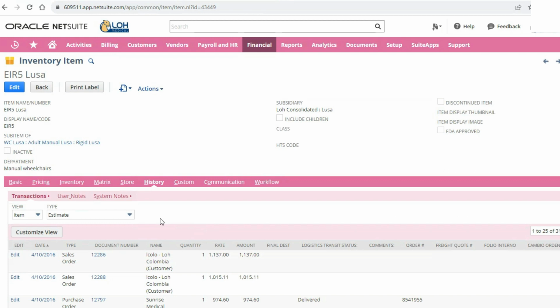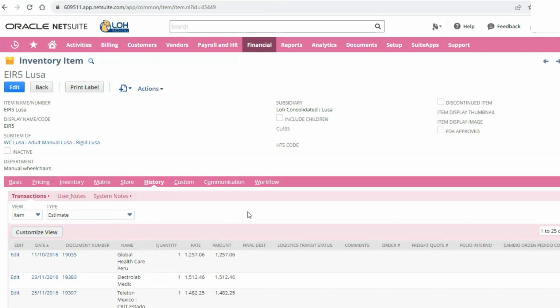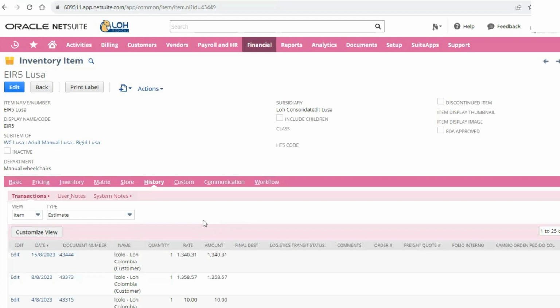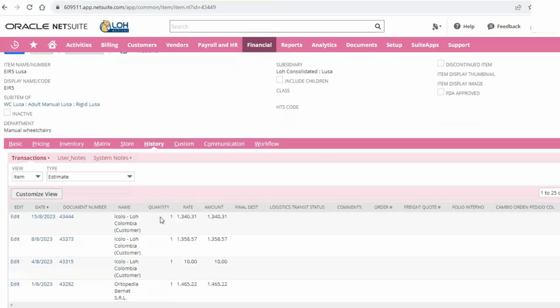So if you want to know what the last estimate that we quoted this product on and what that configuration looked like, you can look up estimates and sort by date and see that Lowe Columbia was the last estimate that included this item and the price at which it was quoted.